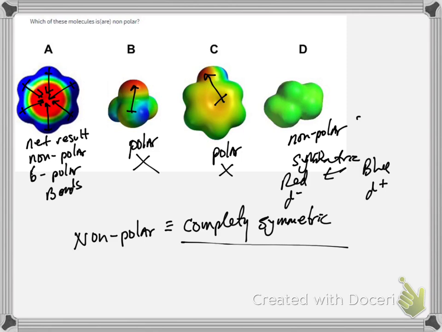And also keep in mind that red was partial minus and blue was partial plus. But since they're all at the same energy, they're all the same energy in D, it's a nonpolar molecule. Now, of course, our exams are in black and white, so you won't have to do this. The last question is much more like it. You won't have any PES surfaces on our test, but it is a nice visual representation of something that's polar, right? So polar bonds,